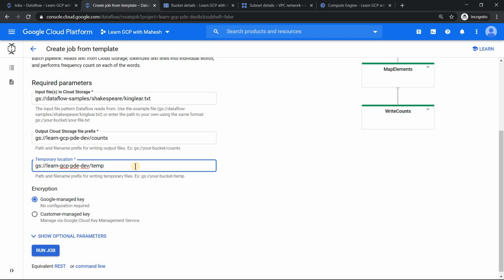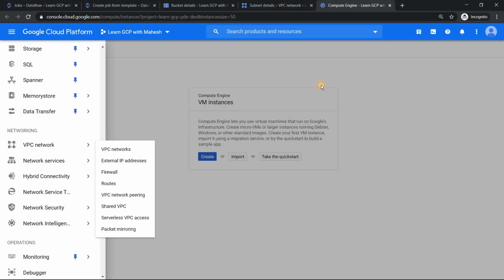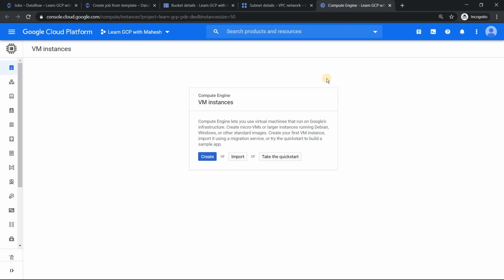If you just leave these things, enter these things and click on run job, what happens is it's going to run. So by just running this, it's going to create a virtual machine. This is what you are going to see. If I just click it, I have not clicked it. If I click it, you will get a virtual machine provisioned and it will have an internal IP address plus an external IP address. How do we avoid that?